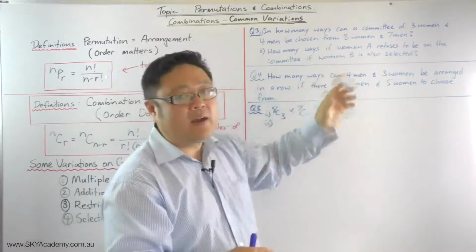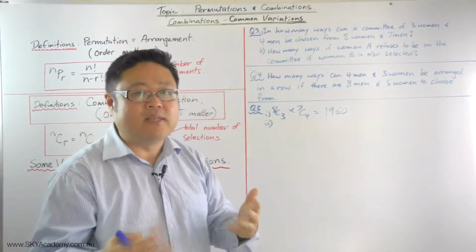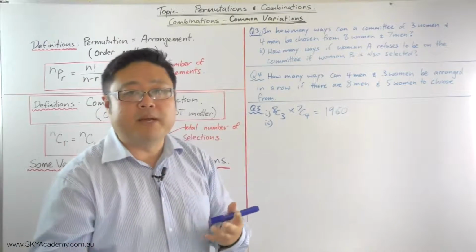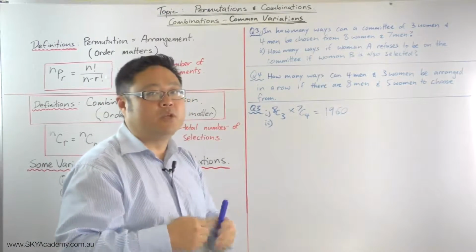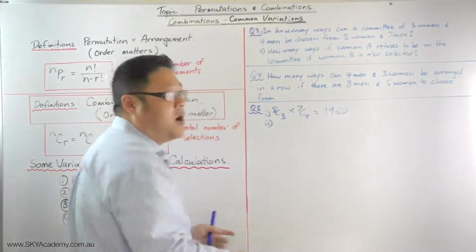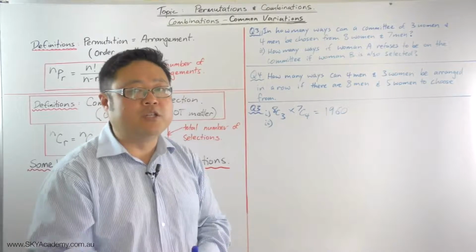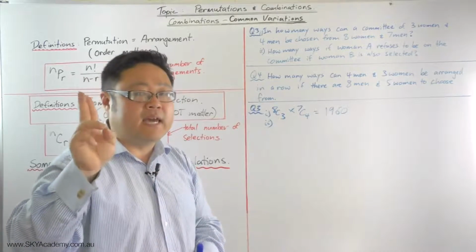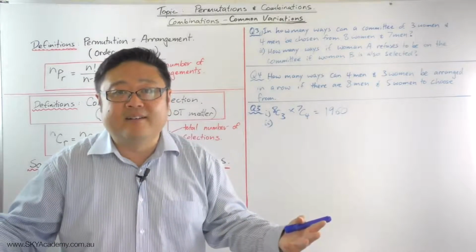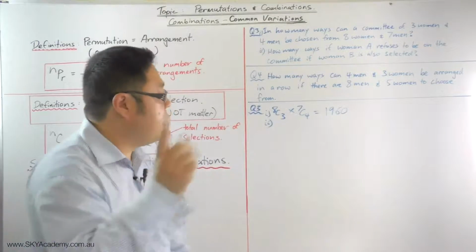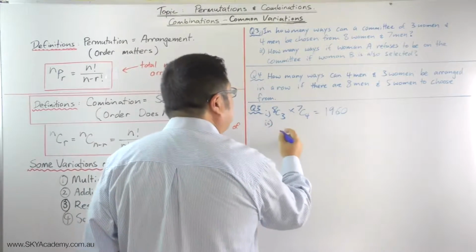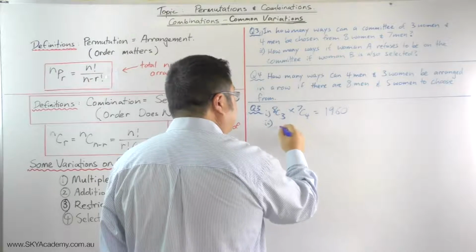Now, by doing that, what would that allow us to do? It would allow us to find the complementary, which is basically the total number minus the number of combinations where A and B are together, and that will leave us with all the combinations where A and B aren't together. Does that make sense? Okay, beautiful. So for part 2, our answer is going to be this 1960